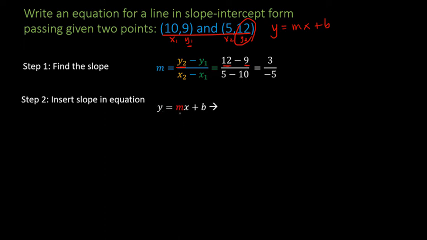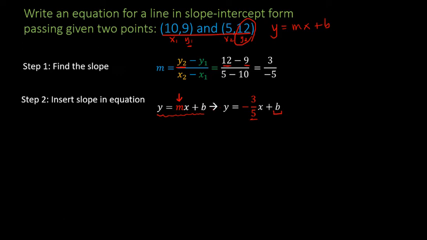Remember, y equals mx plus b, we just found the value of m, so I can plug that in. So y equals negative 3/5 x plus b. All I have to do to finish this problem now is to figure out the value of b. So notice that we started out looking at this template that had 4 variables, right? y, m, x, and b. Well, I plugged in m, and I have a value for x and y that I